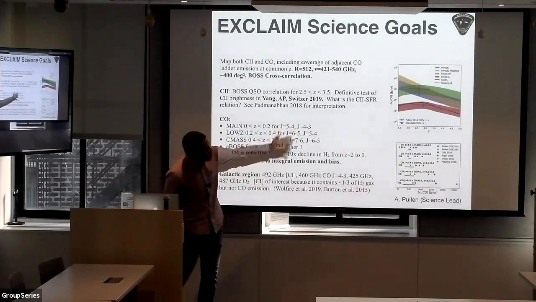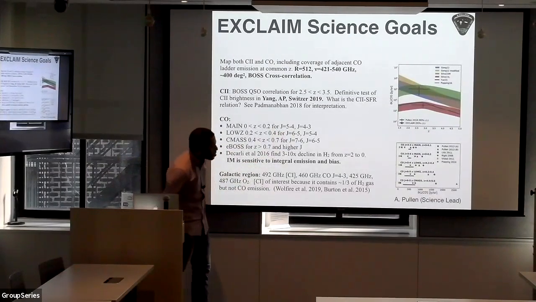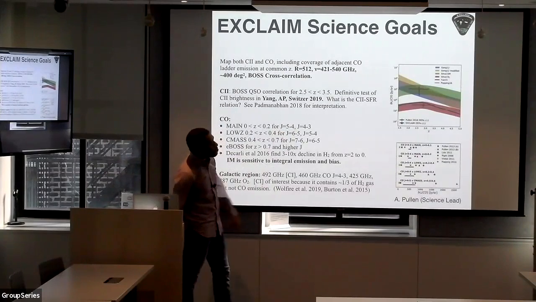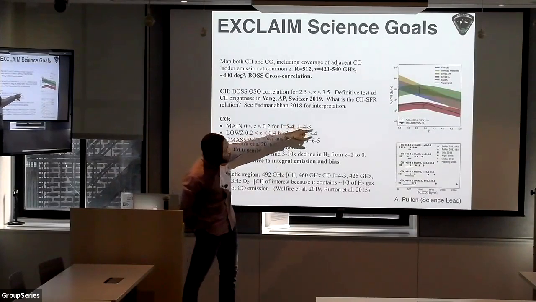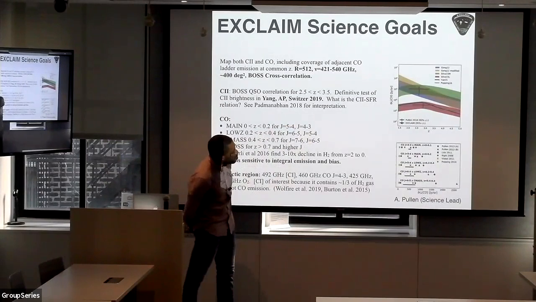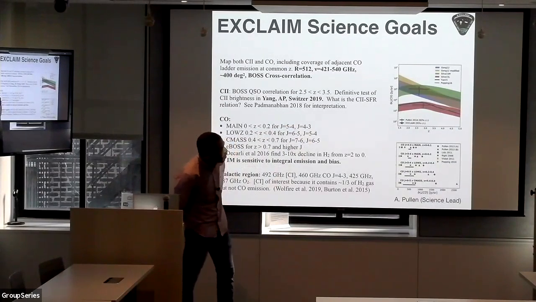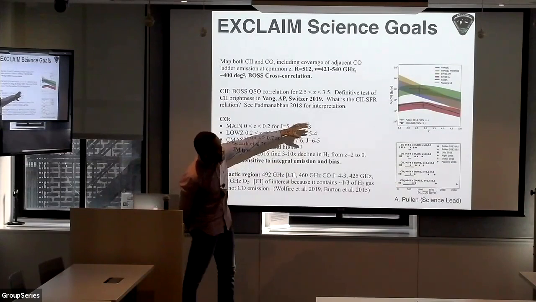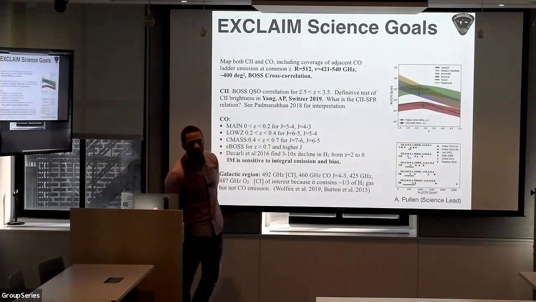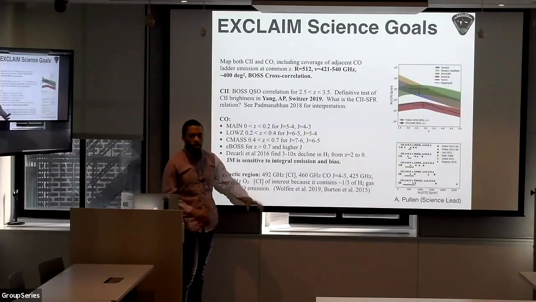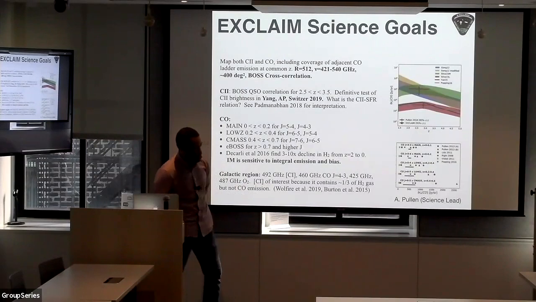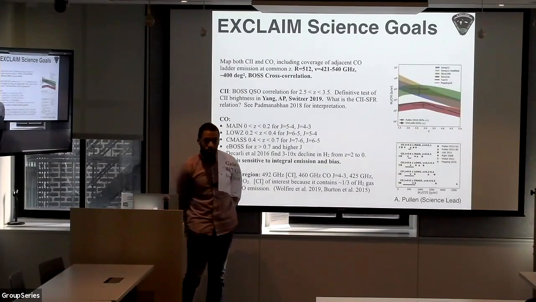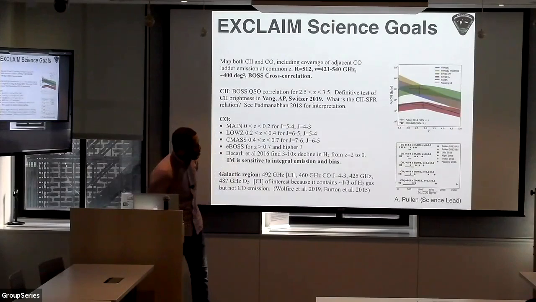One thing to note is here on the right are some forecasts for the intensities that we expect to find. The top cross is a previous constraint for C2 based on our work. The bottom column is a forecast for what we can do with EXCLAIM. The idea is that this would be able to more definitively answer what types of models best describe what the intensity of C2 is. We learn more about the various constituents of C2 emission, and that would be very helpful.